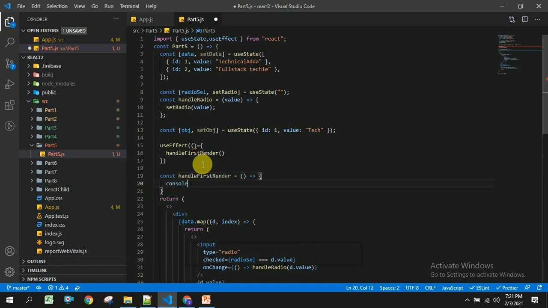Inside this I am going to log this as rendered. So once the component is rendered, this method will be called, and in this method we are going to log this data. So you can make the API calls in useEffect as well, but in order to only render for the first time, we have to place it as empty array. Only then we will be able to see that calling for the first time. Otherwise it will be called again and again.